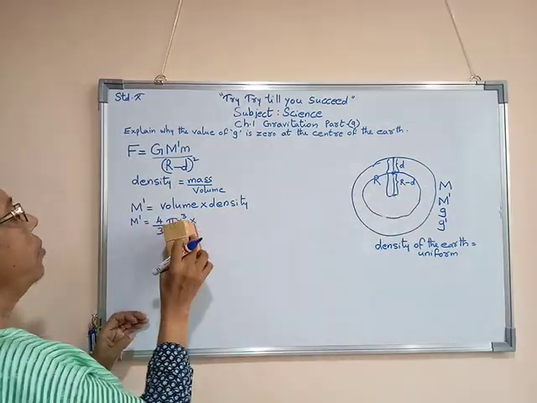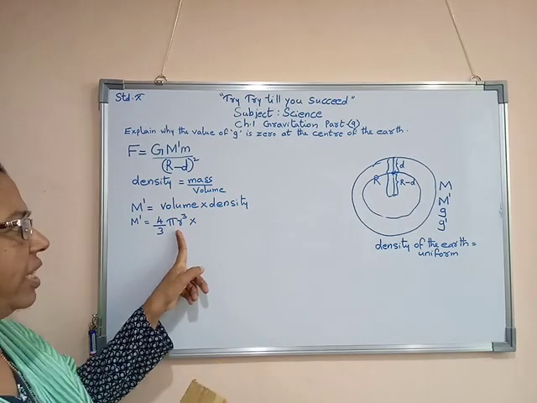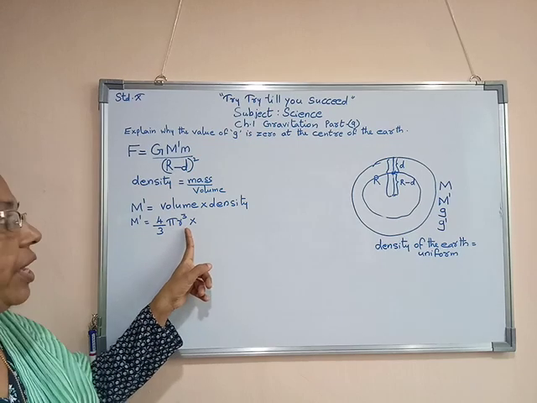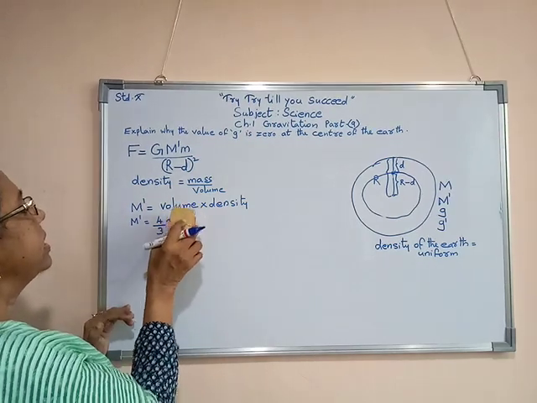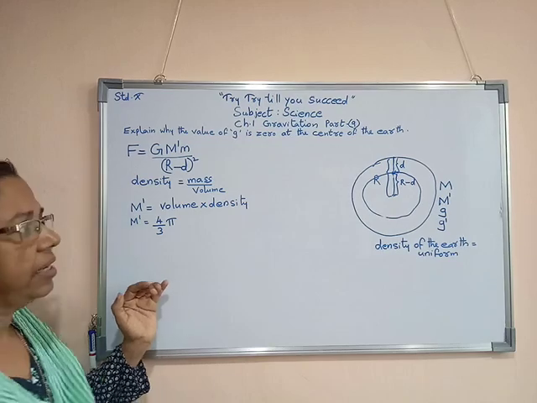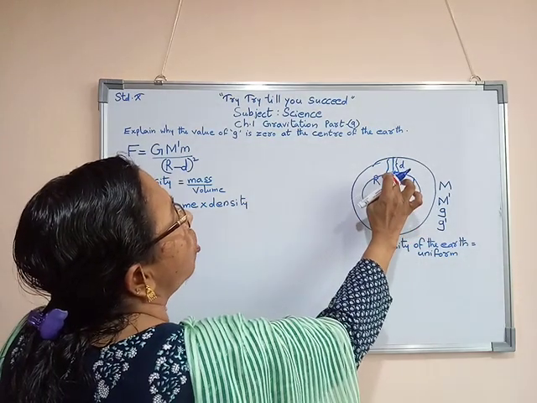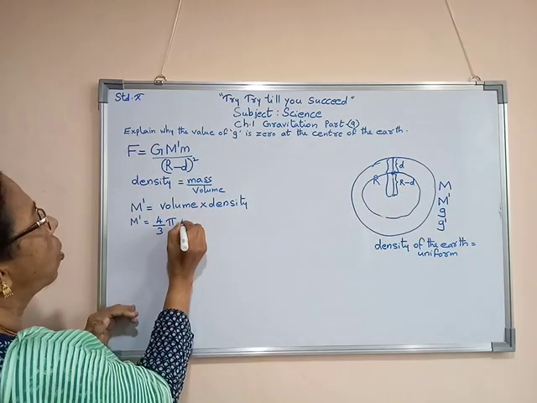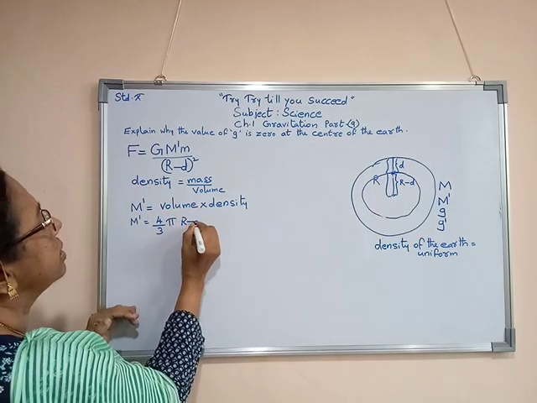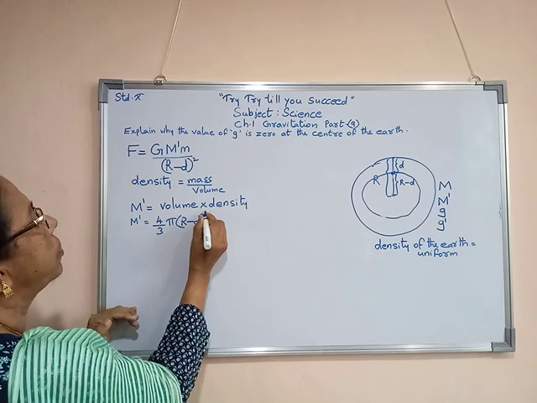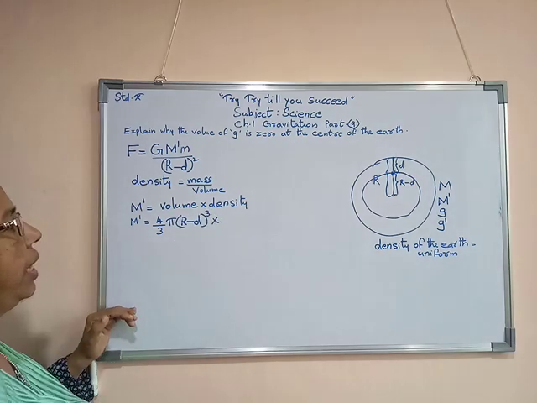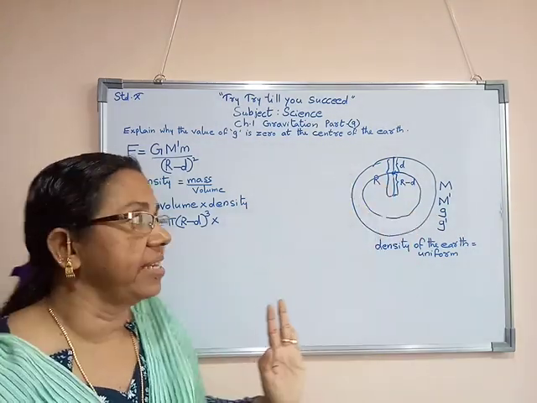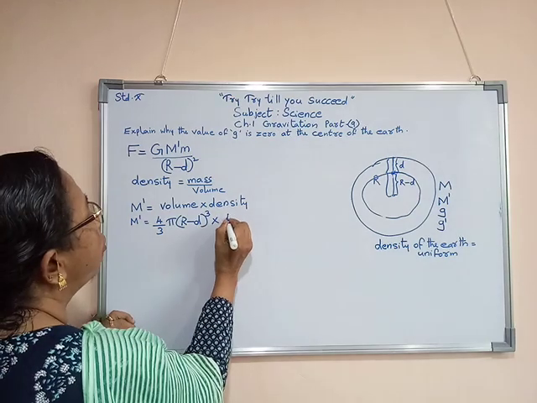So here, instead of the volume of the sphere, you already studied 4 upon 3 into pi r cube. But now I am changing this r cube. Instead of that, I am writing the distance of the object from the center, that is r minus d whole cube into. Now the density of the earth. Any part of the earth, the same density is there. So the formula 4 upon